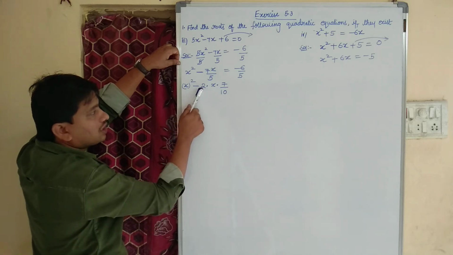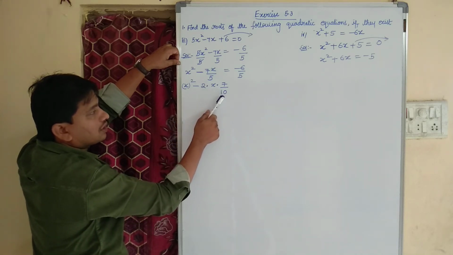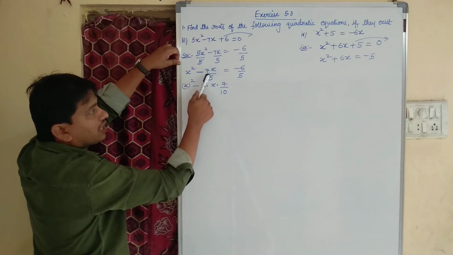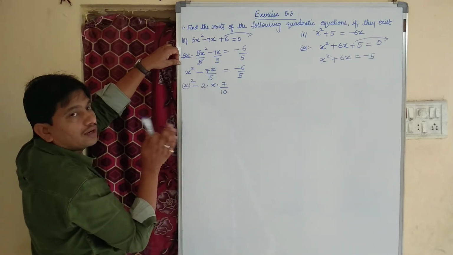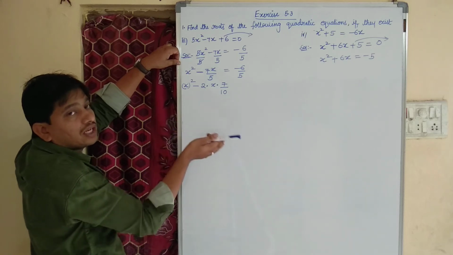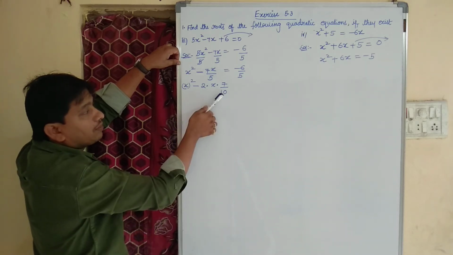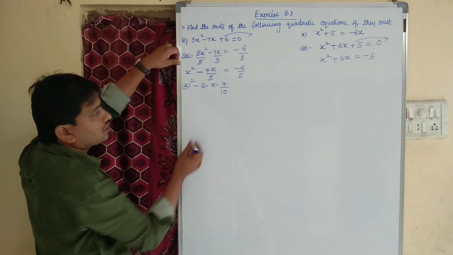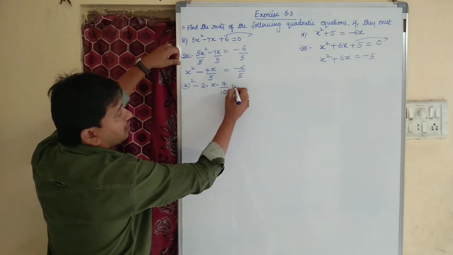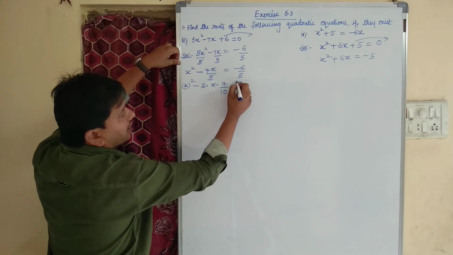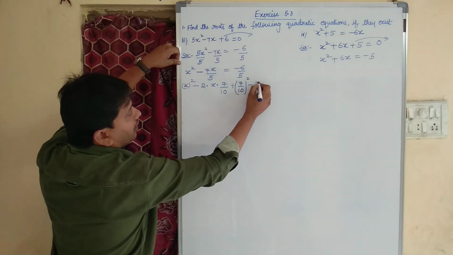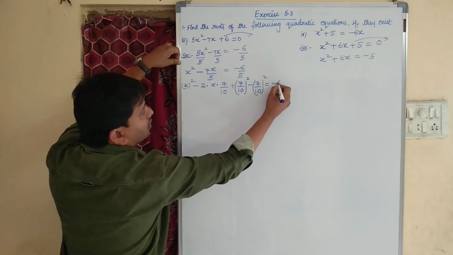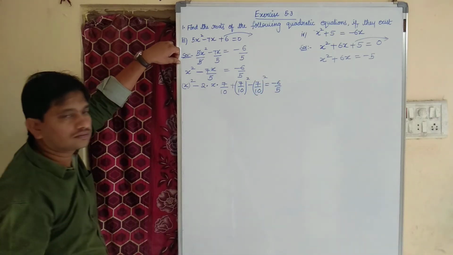If I cancel in the two table, 2 1 ja, 2 5 ja, again 7 into x, 7x by 5 only I will get. Okay, you have to think about what the value of b is. Whatever manipulation you are doing should not affect the previous step. So now the value of b is 7 by 10. I have to add 7 by 10 whole square. At the same time I need to subtract 7 by 10 whole square equal to minus 6 by 5.